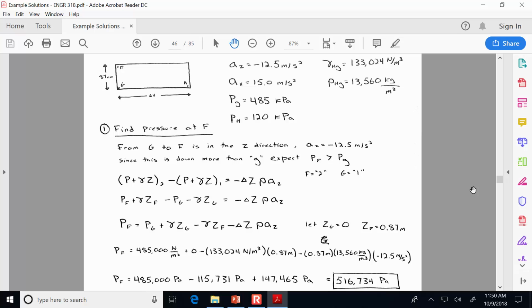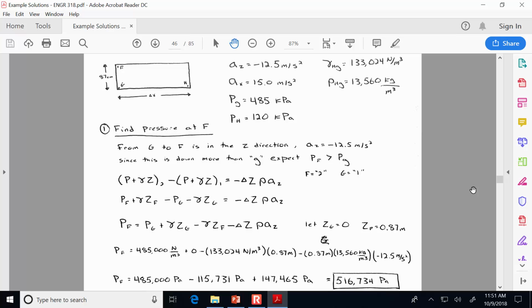Okay, so we're comparing the pressure at F to the pressure at G. G is known. Look at the final result here. The pressure at F is the pressure at G, so 485,000, and then minus 115,731. That minus is because we're going up through the fluid. The reason the pressure is different at F compared to G is partly because it's higher in the fluid, so that's the hydrostatic effect, but then there's also a pressure difference because it's accelerating downward, and that's the second term, plus